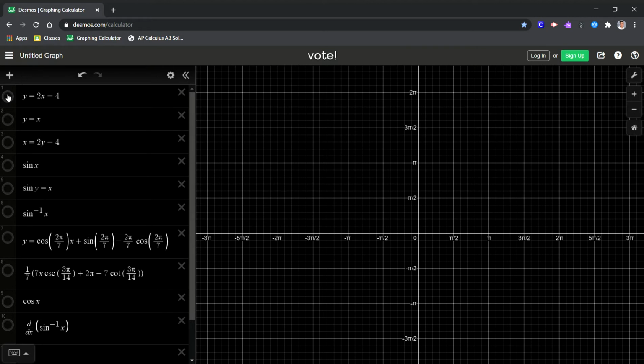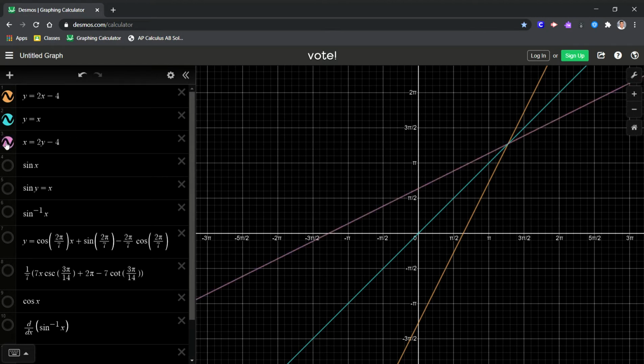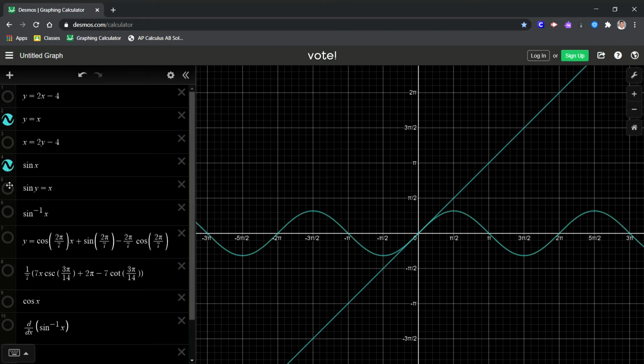Okay, so when you have a normal line and you want to find the inverse of it, you reflect it over the line y equals x, which is the same as switching the x and y values. For this line, that line would be this. Now you would do the same for sine x. However, when you do that,